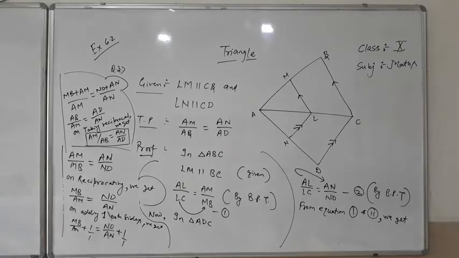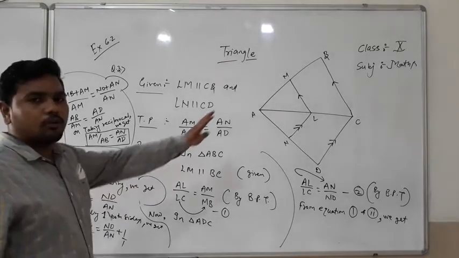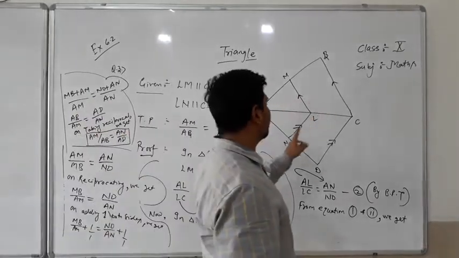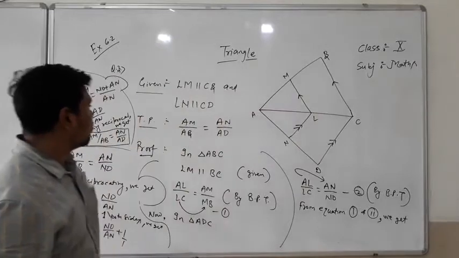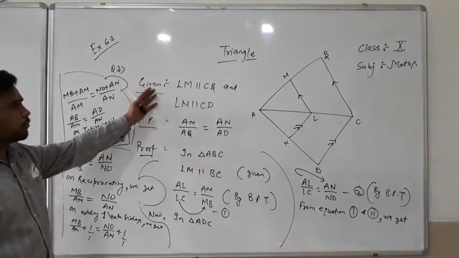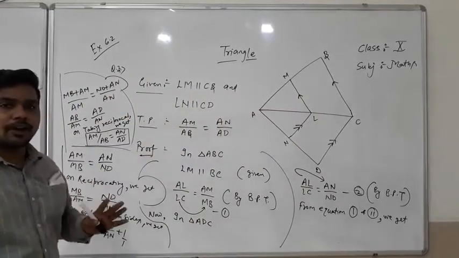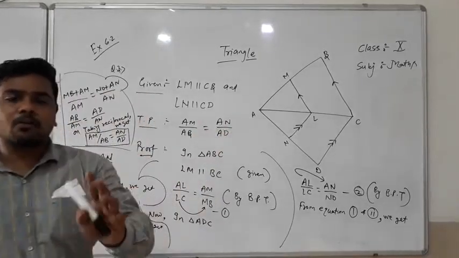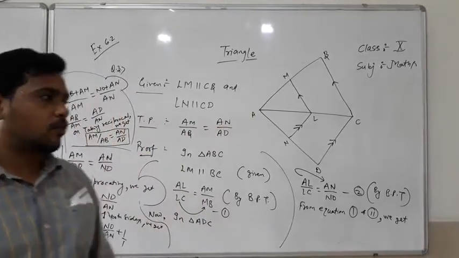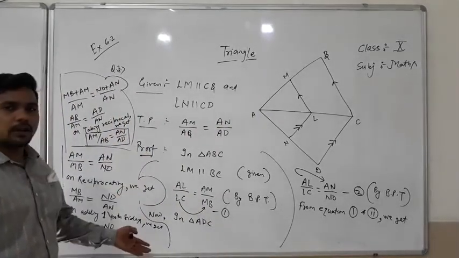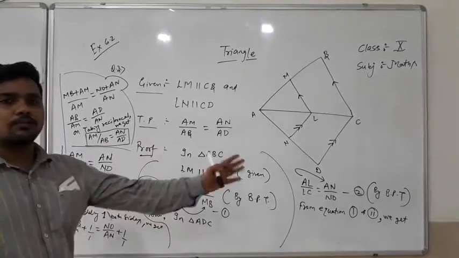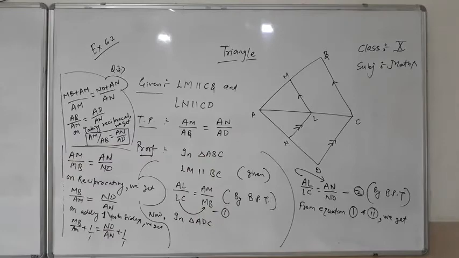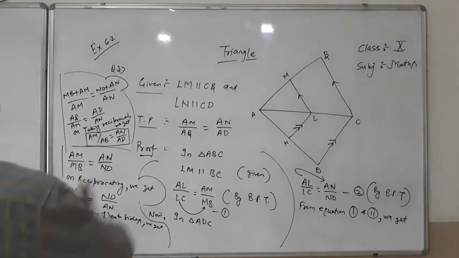So students, I hope you understood it very well. First of all, we will make a figure, and figure is very clearly this line is parallel to this line and this line is parallel to this line. After it all, we will come on the given and to prove. We will write the given and to prove. If we are writing the given part and to prove part and the figure, so we are capable of taking 25% marks from the question. After having proof, we can achieve full marks in one question. After it all, I am taking one more important question, students. That is also a very important question.